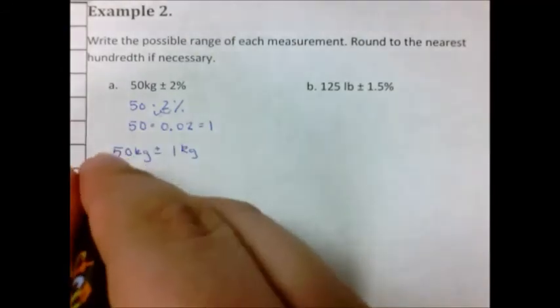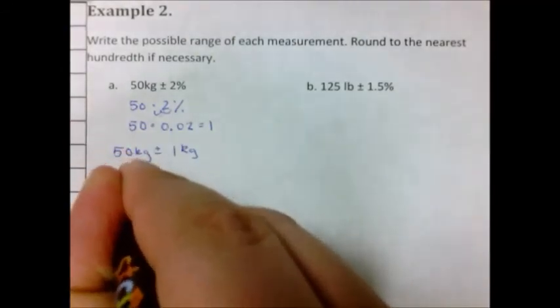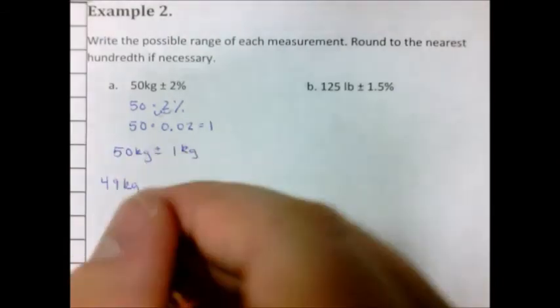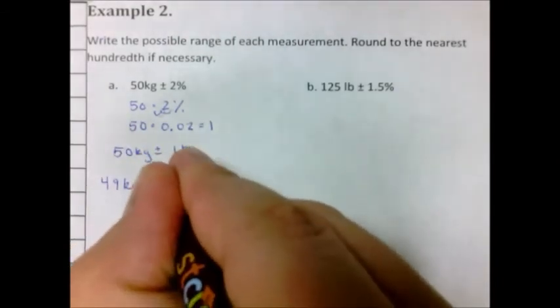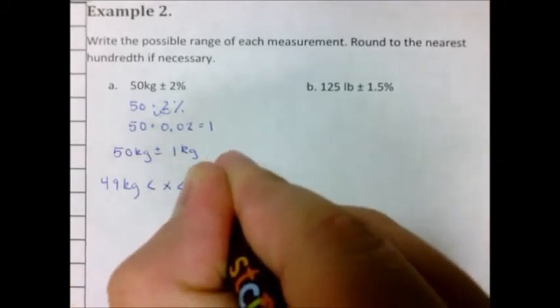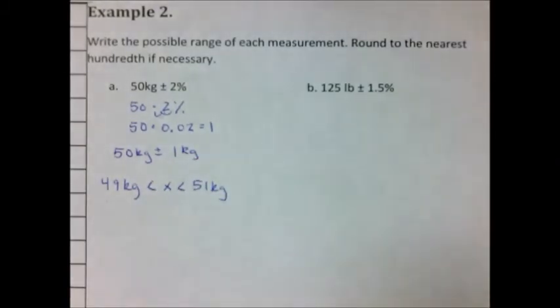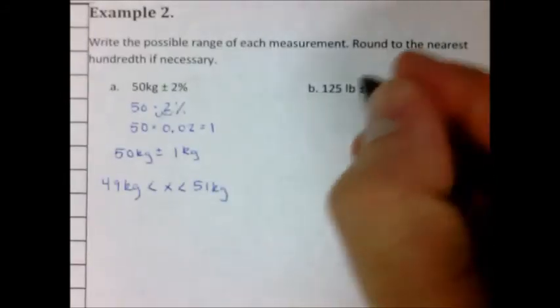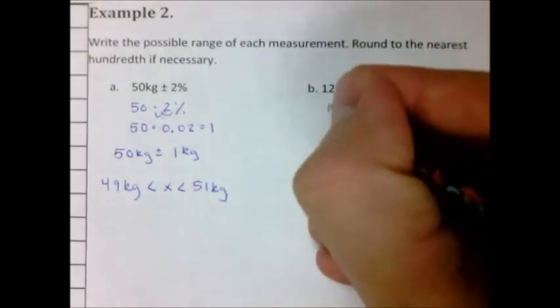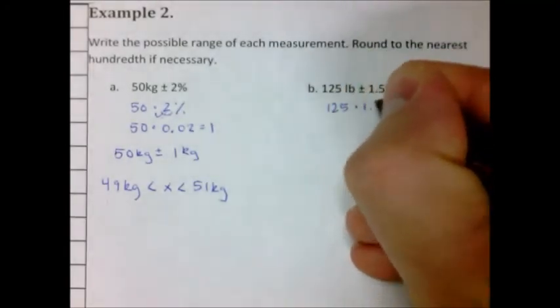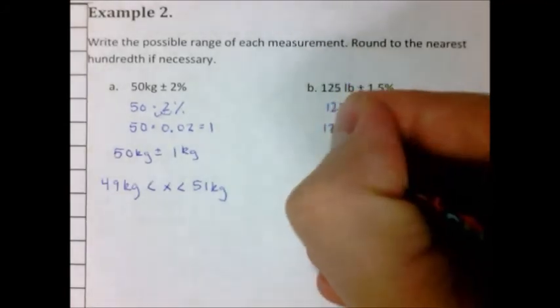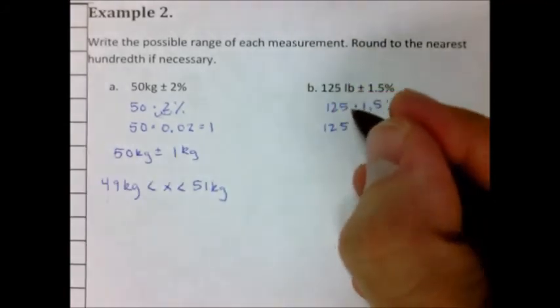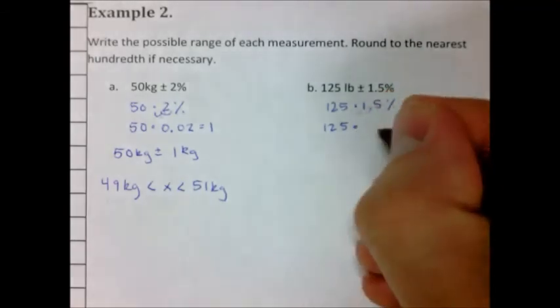What we're talking about then is 49 kilograms, because 50 minus 1 is 49, is less than x, which is less than 51 kilograms, x being the possible range that we could be in. Now B is the same type of deal. We've got 125 pounds plus or minus 1.5%. So we first have to multiply 125 times 1.5%. Again, remember that just means moving the decimal point over twice to get rid of the percent sign, so we're multiplying by